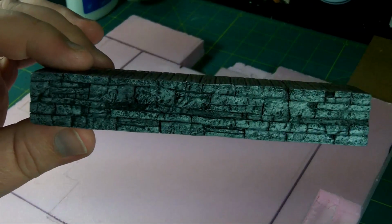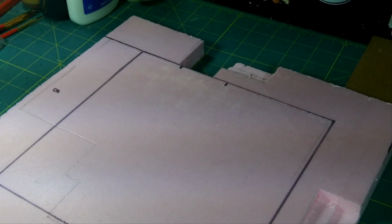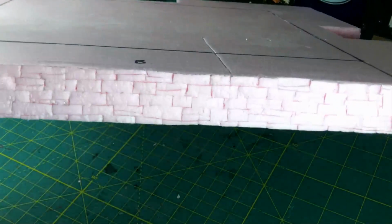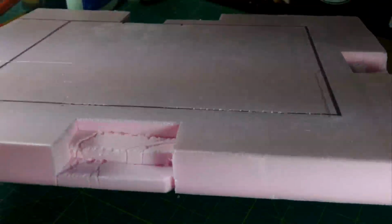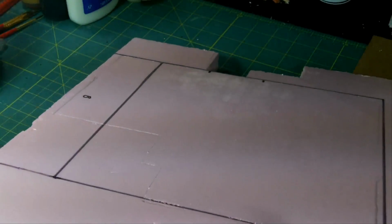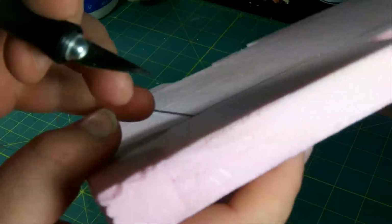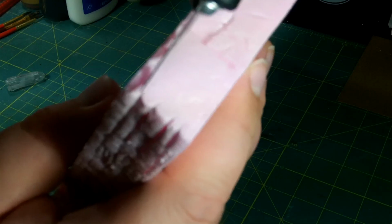So the first thing we're going to work on is getting the edges to look like this. So we're finally getting to this bit. I've done a few of the edges. You can see I've done the cutting already for these, and it looks difficult, but it's actually very, very simple. First thing we're going to do is take a hobby knife,